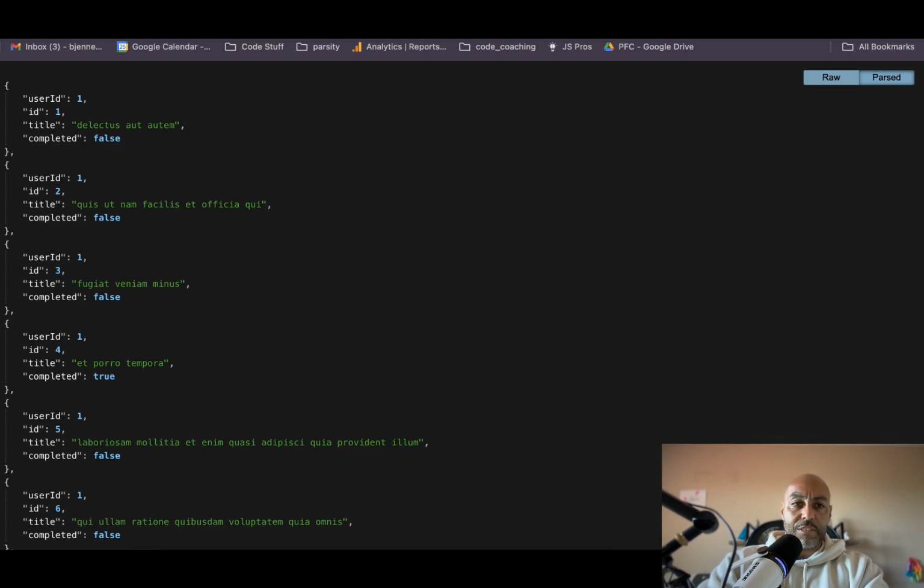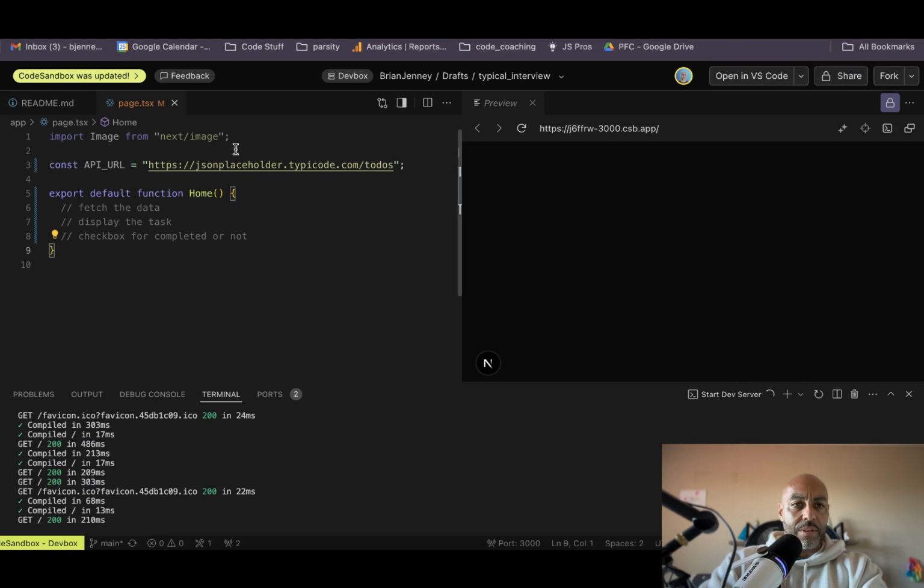You've looked at the data at this point and you see, okay, this is pretty simple. IDs, titles, and completed. The only thing we really care about are the title and the completed. So looks fairly simple, I guess. Why not? Let's do it. This is Next. So we're going to have to make this use client because we're going to do some client